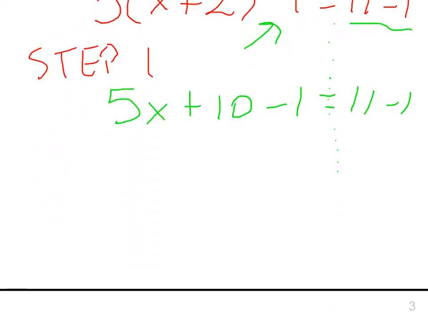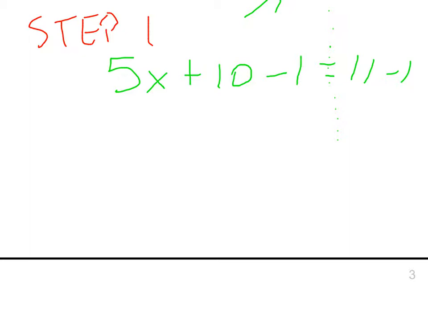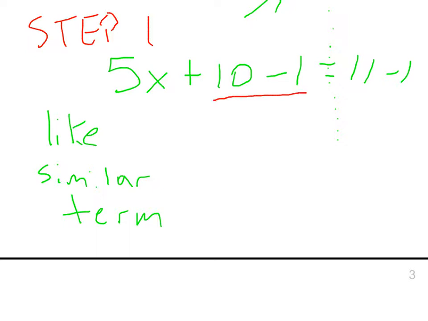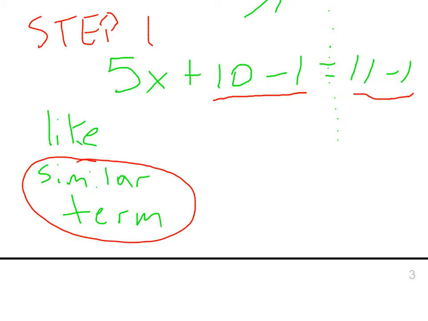Okay, so if we continue, part of our first step also is we want to combine our like terms. I think the word we used in class was similar, right? Similar terms. So what are similar terms? These two guys are similar, right? Because they don't have x's, they're just numbers. So I know I could combine those two. And on my right hand side, these two guys are similar because they don't have x's. So those are the guys that we could actually combine together. Alright, so let me clean things up